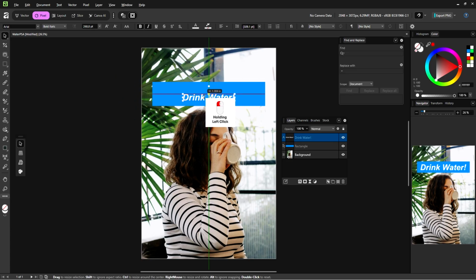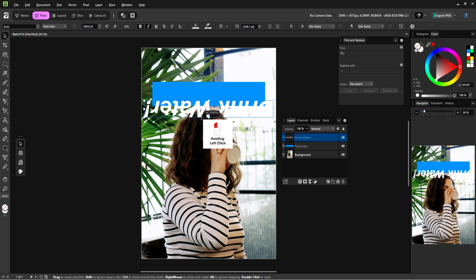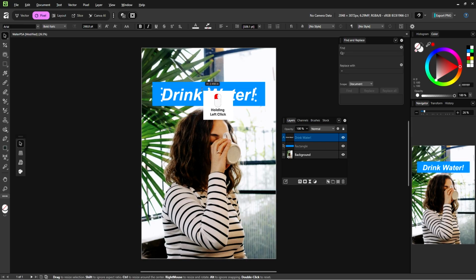Oh, and if you scale it down way too much, like you push it past the circle, it kind of flips on itself. I think I'll scale down my text a little bit. So I'll drag out this circle.